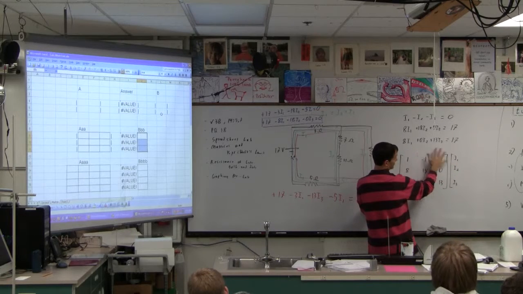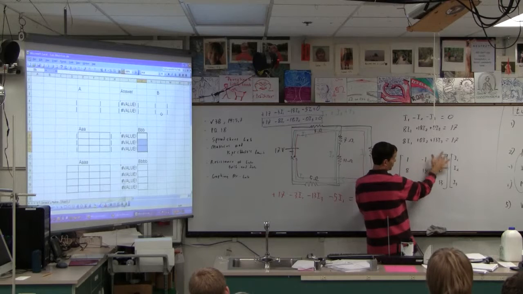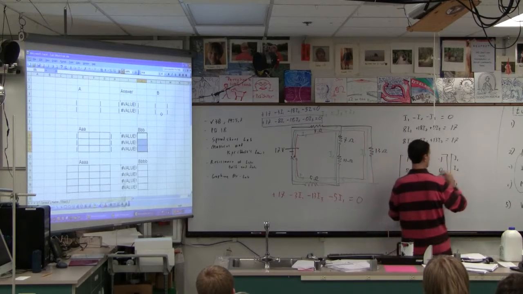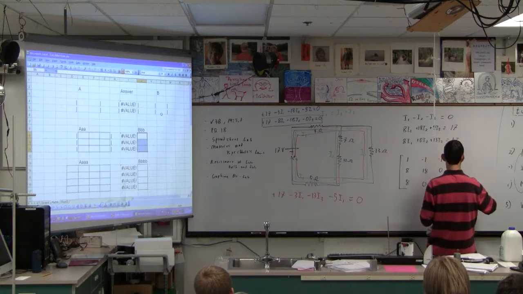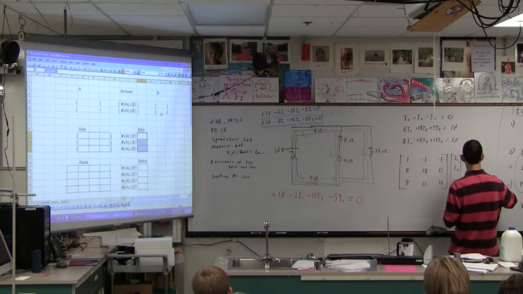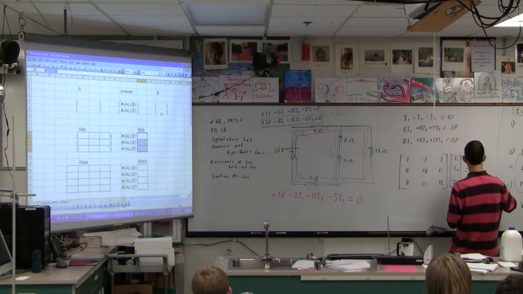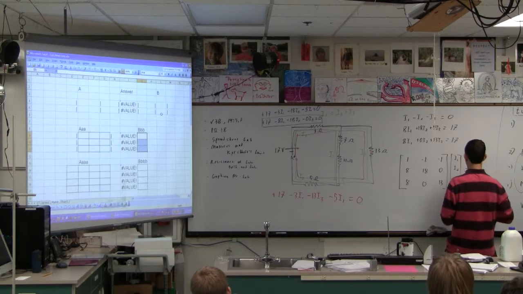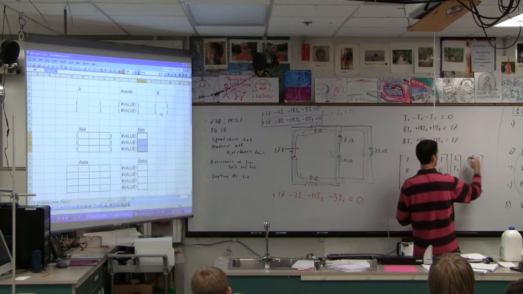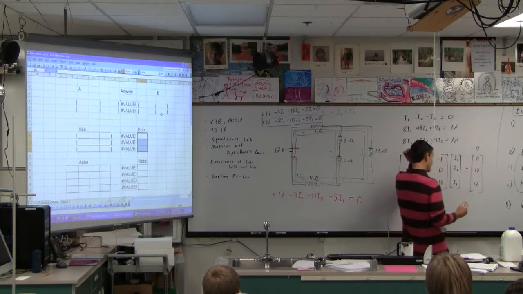Remember that matrix goes zoop, zoop, zoop. I hope that sounds good on the wireless mic. Okay, and then that equals the answer matrix, which is 0, 17, 17. Yeah? And then this is going to be A, and this is going to be B, and